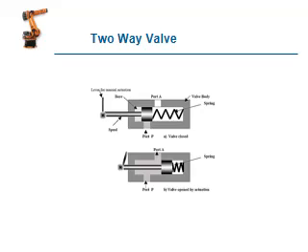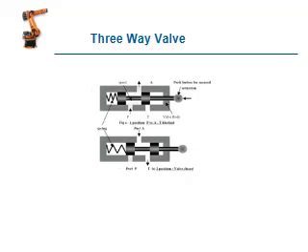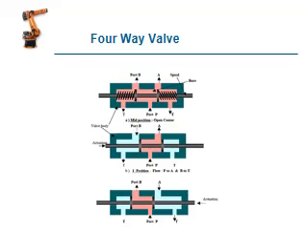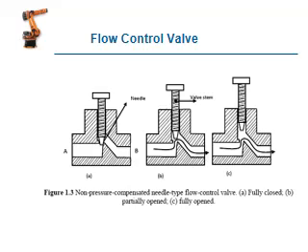This figure shows the two-way valve. One side port is controlled by the oil, and another port is controlled by the spring back. This is a three-way valve. There are three ways available. This is a four-way valve. There are four ways available. Here the rose color and green color show the position of the valve and also the pathway.